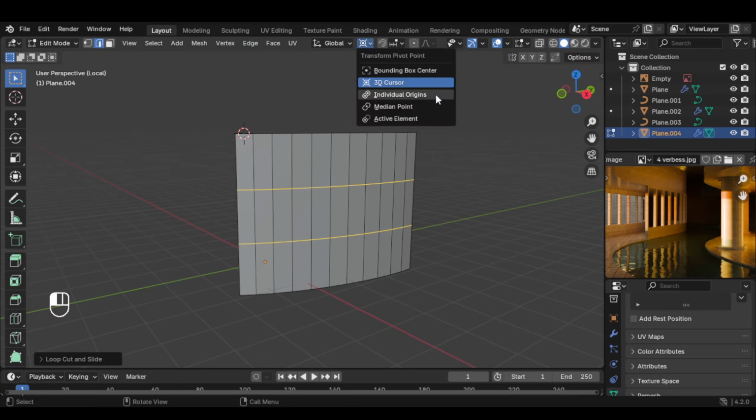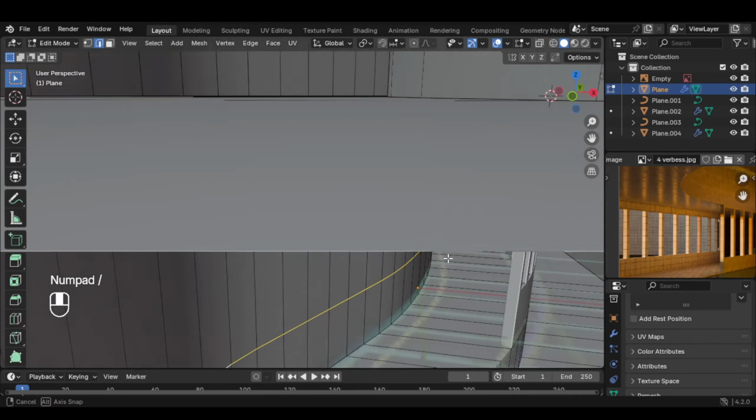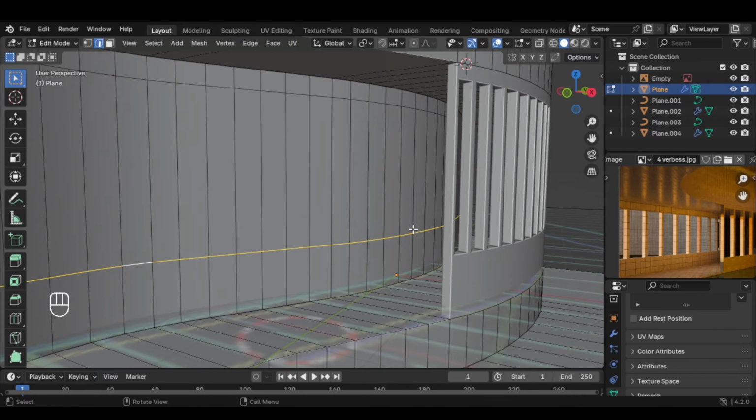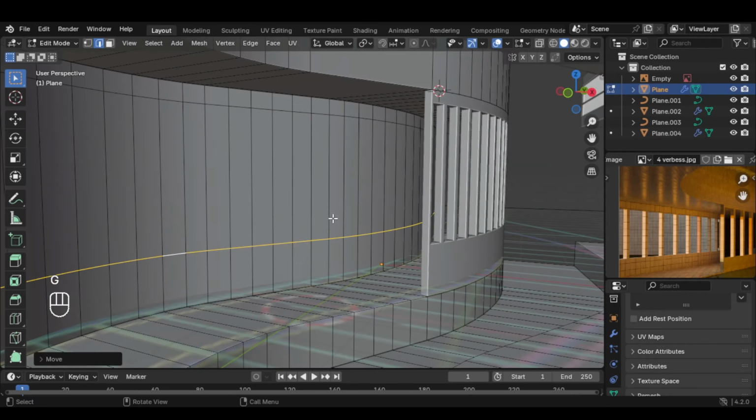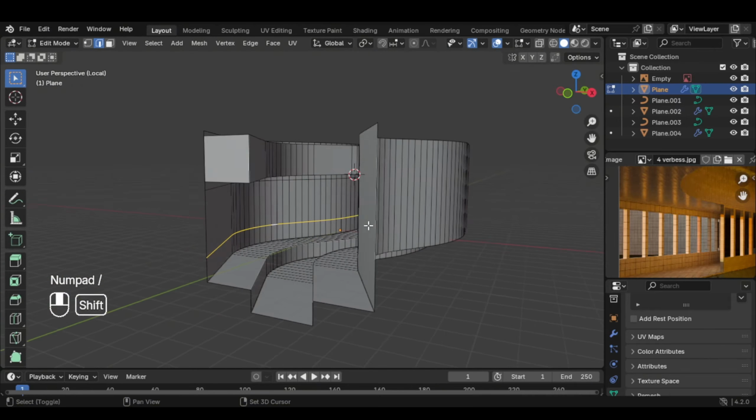Let's go back, pressing slash. This is a bit too much, so maybe I think this is good. So let's go back to slash and we can make 2 loop cuts. Let's bring this down by pressing G and Z. And also this one, press Alt and click it and press G and Z to move it down. Let's go back to match it. G and Z a bit, and this should be fine. So we can go back and